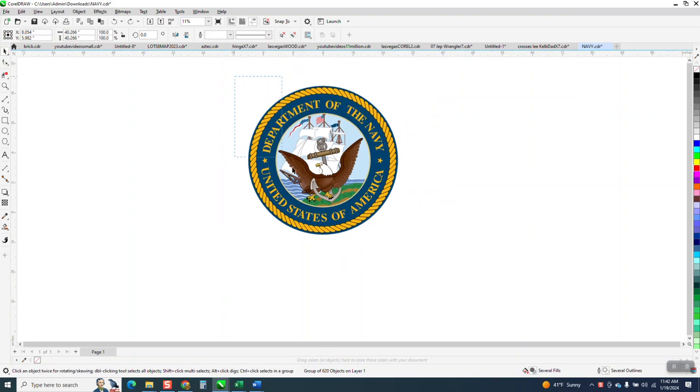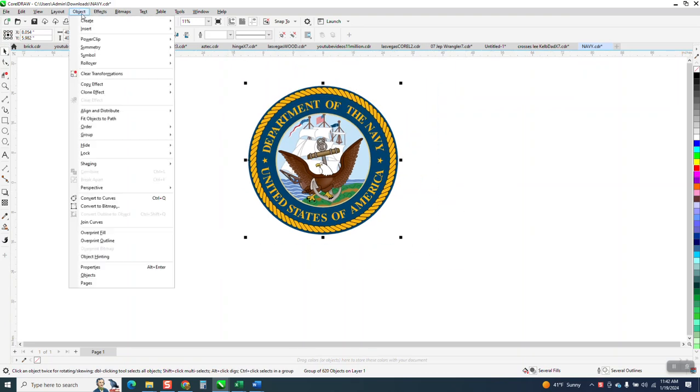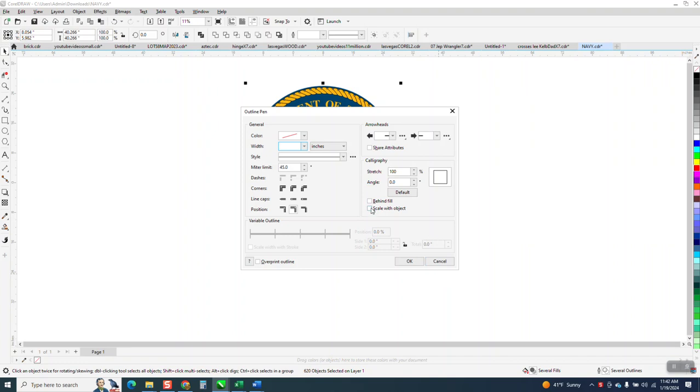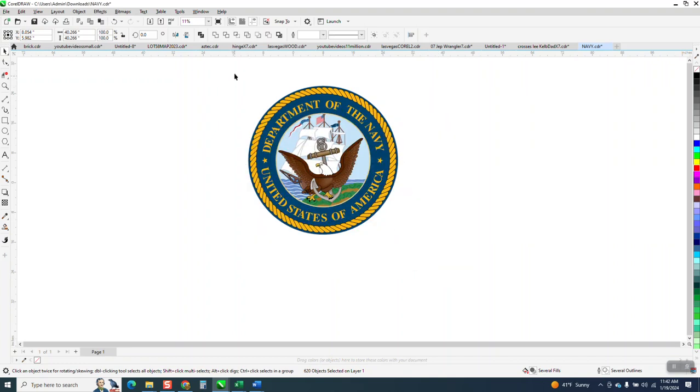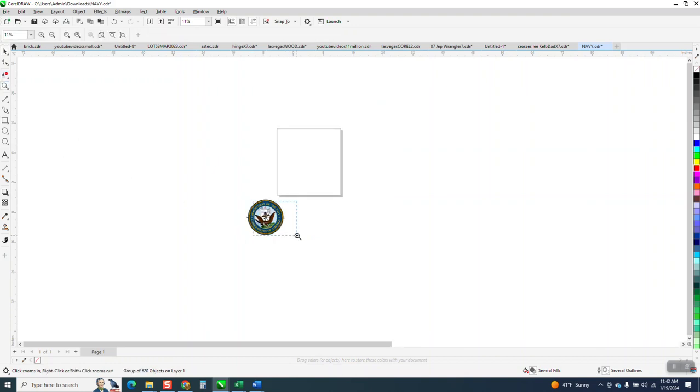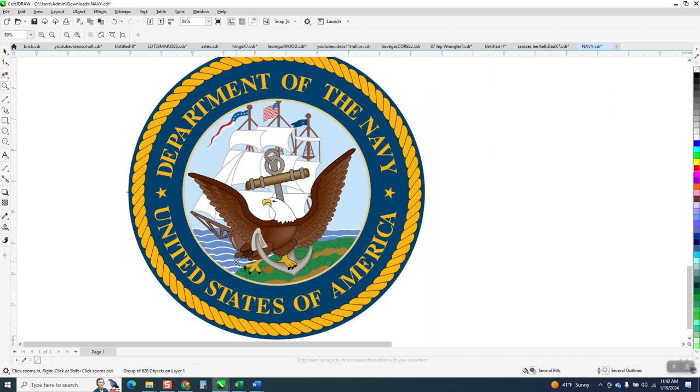But if we select it all and go to Object, Group, and ungroup it all, and then select it all and hit the F12 key on your keyboard, and right here, Scale with Object, and hit OK. I'm going to go ahead and group it back, Control G, and now we're going to make it smaller by quite a bit. And you can see now that your goal line and all the lines,